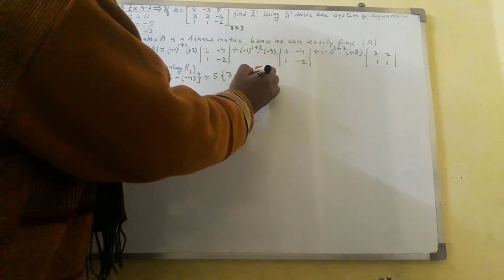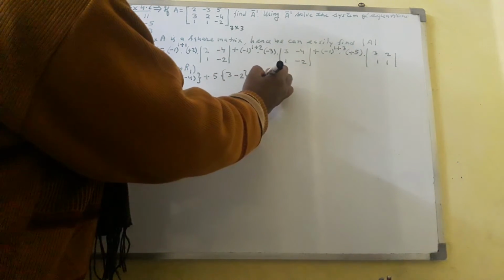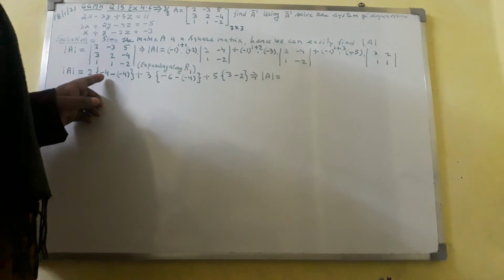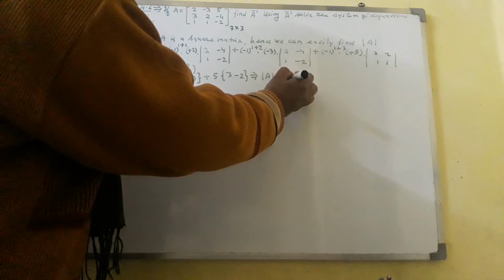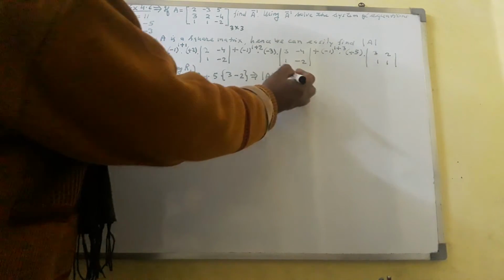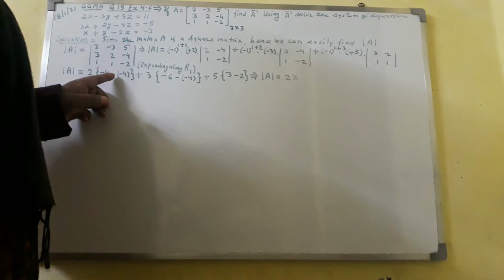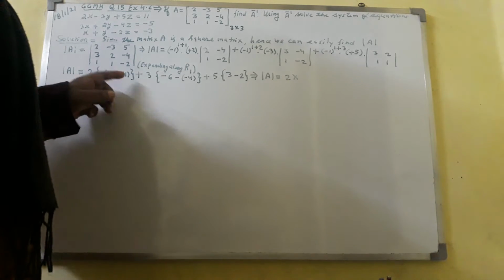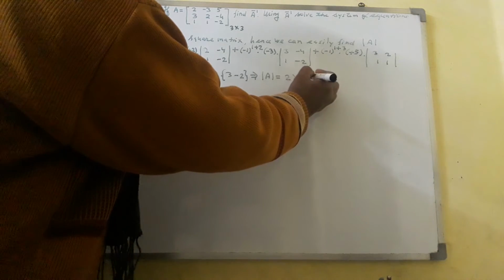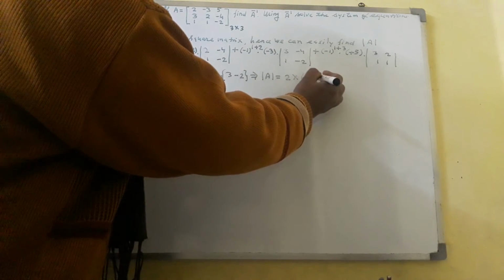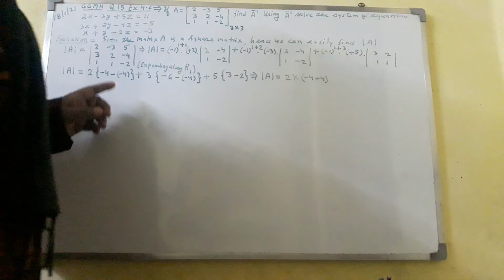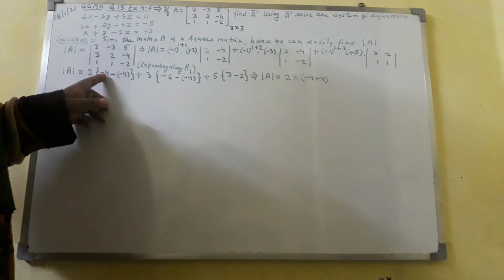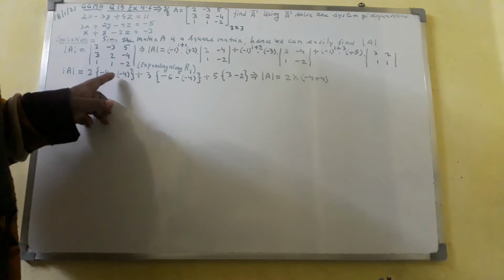Imply that determinant of matrix A equal to, here you can see 2 will multiply to minus 4, and minus comes out to 4. We will get minus 4 plus 4. We will get like this, because minus will multiply together, comes out plus 4. Minus 4 plus 4 comes out to 0.